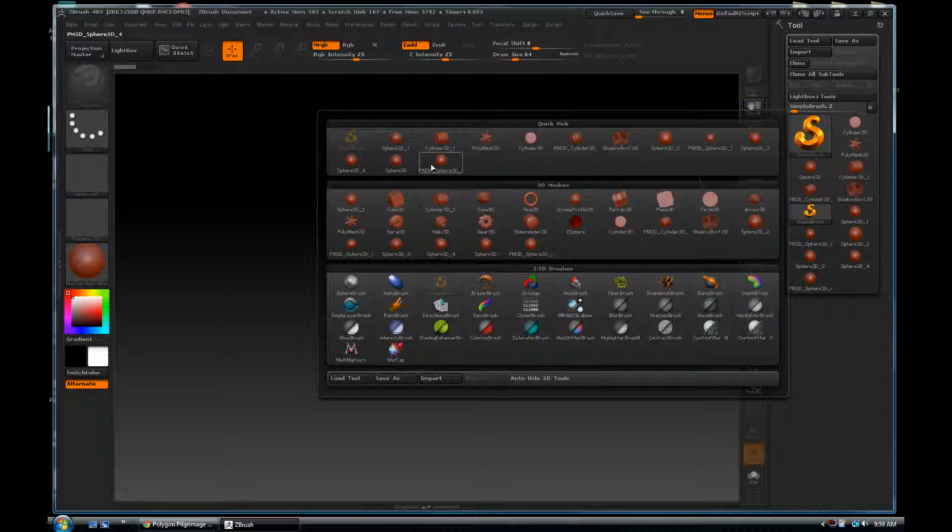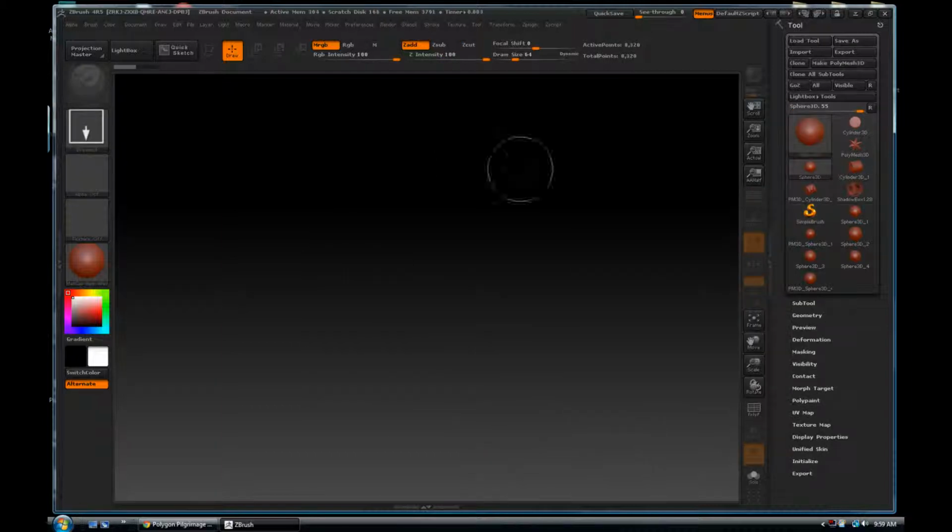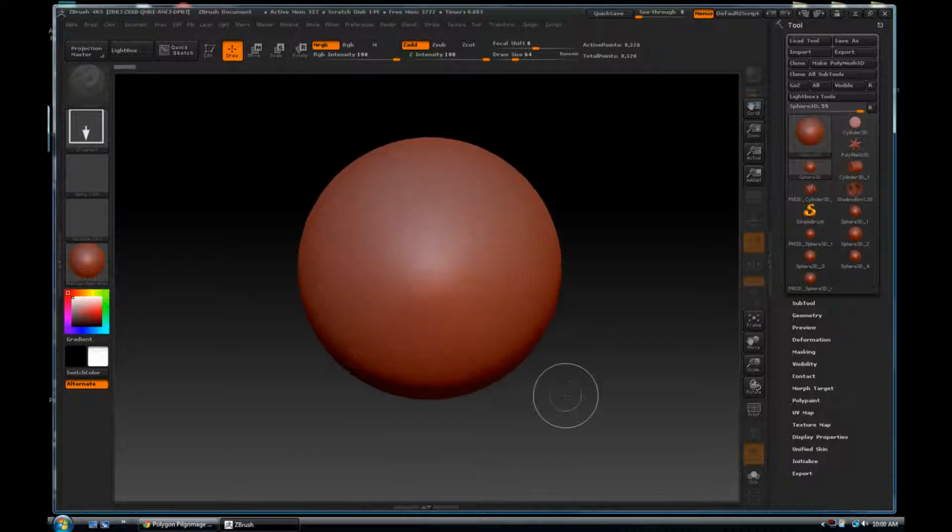So we're going to start off today with just a simple sphere 3D. And notice when I click, nothing happens at first. I've just selected that, and I'm automatically in draw mode. So what I'm going to do is just click and drag on the canvas, and there's my sphere. Now at the moment I can't really do much with it. If I click again, I'm going to drag another one out because technically I'm in 2D draw mode or 2.5D, and I'm using a 3D sphere for this nice smooth lighting and all this other stuff,